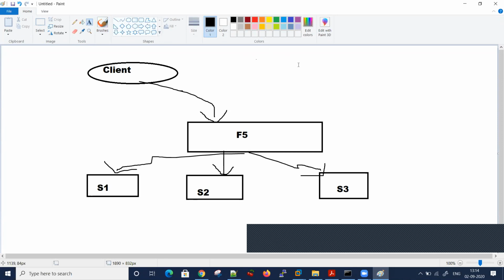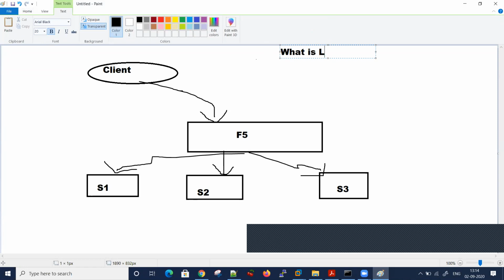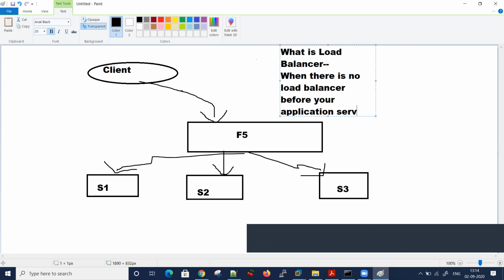So I was talking about what is a load balancer. Initially, when there was no load balancer, what was the disadvantage? Generally, when there was no load balancer before your application servers, the load and traffic on the servers was more.